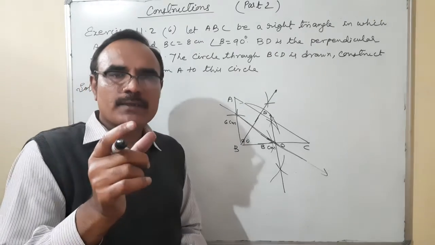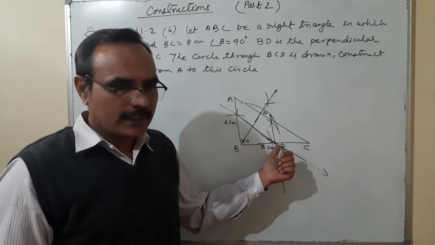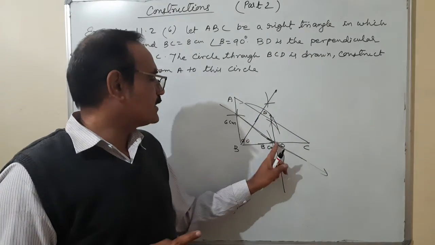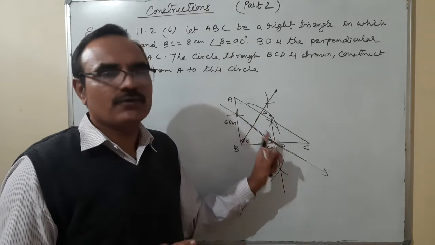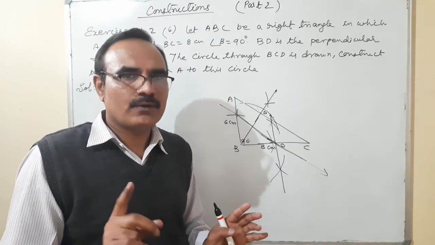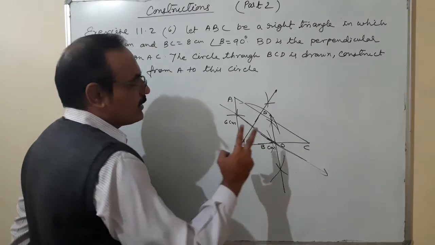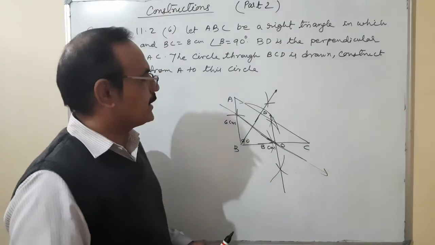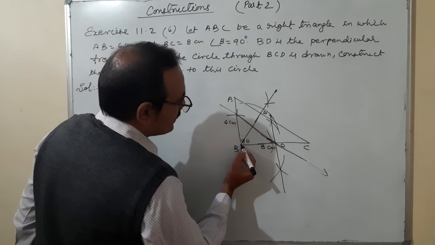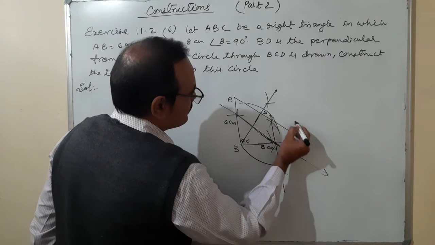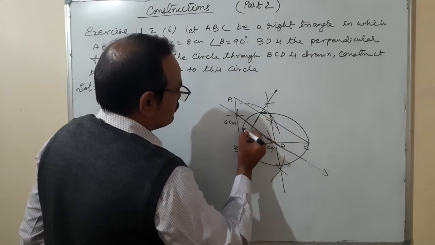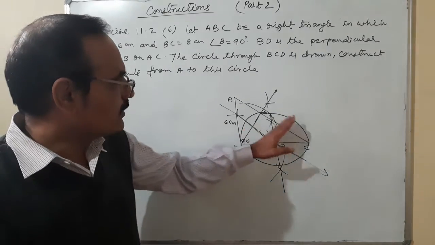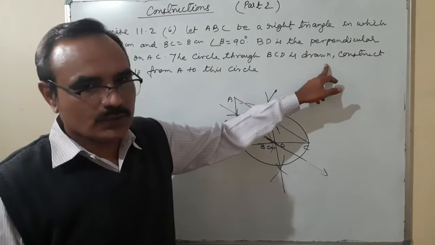After that, open the pair of compass, placing the middle point at O, taking radius of OB or OC or OD. First you make sure that the distances of B, C and D from O are all the same. Okay, so definitely all the distances are the same. Placing the middle point at O, taking radius of OB, draw a circle that will pass through points B, C and D. So you will see a circle which is passing through points B, C, D. This type of circle will be formed, right? This is the third part. The circle through BCD is drawn.